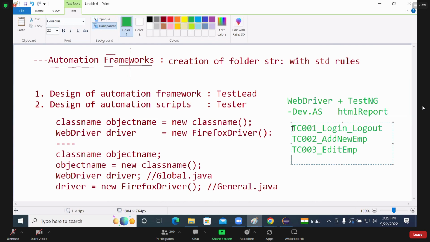Now, take the next step. Just a minute, what is the step written? Before that, in between, write one more step: click on edit button. Okay. Next, continue with the next step. Once you click on edit button, clear employee first name and last